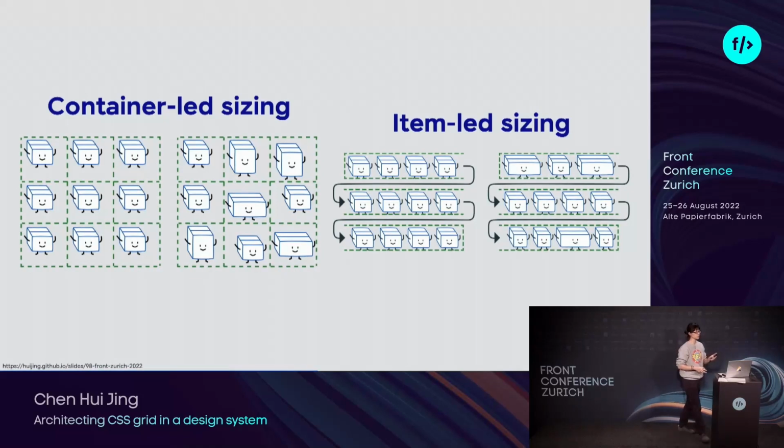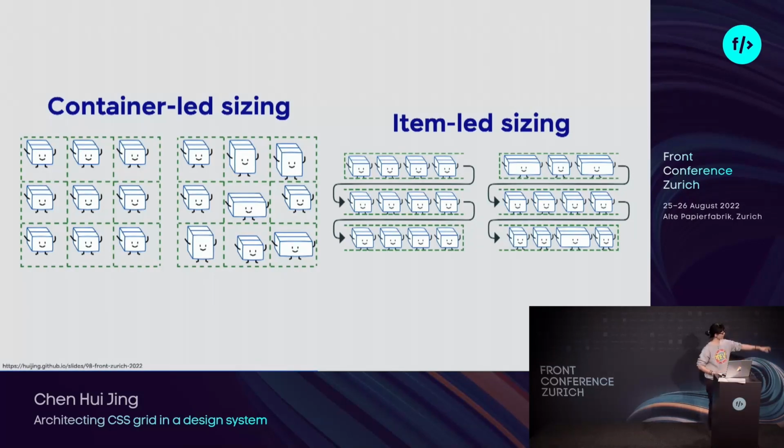And a major difference between building layouts with grid versus other layout models is that CSS grid layouts are led by the container. So you implement your intended layout on the container in a big picture way, and then your items can be placed accordingly. Whereas the other layout models are item-led. So the sizing and the position of the items are determined by properties that you apply on the items themselves. So the grid is not really a grid. It's just kind of like you force the grid to exist because you made all of them the same size.